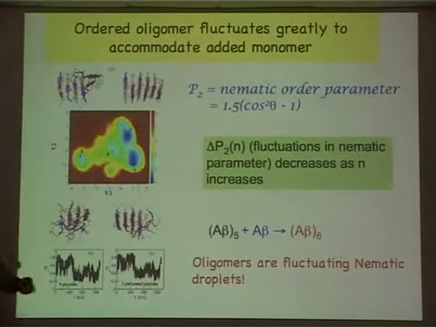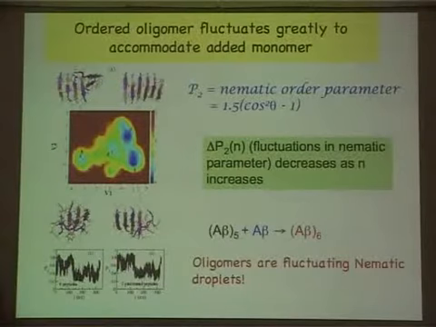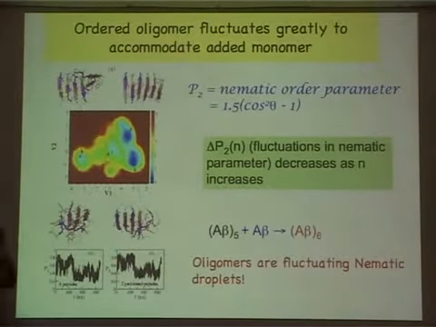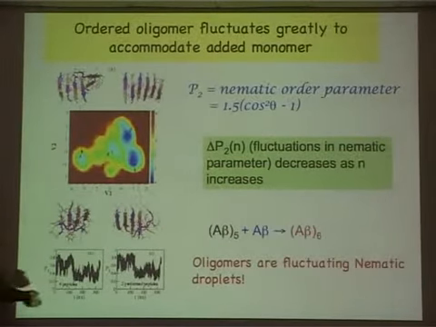That means when I insert A-beta 16-22 in a random coil state, in order to accommodate this, the original structure that you have undergoes large-scale fluctuations. After it assembles and P2 cos theta finally goes to 0.8, corresponding to the A-beta 6-mer, you still see fluctuations, but largely only in the directionality, not in the conformations. So the conformational fluctuations, the number of really distinct basins that you have, keeps decreasing as the size